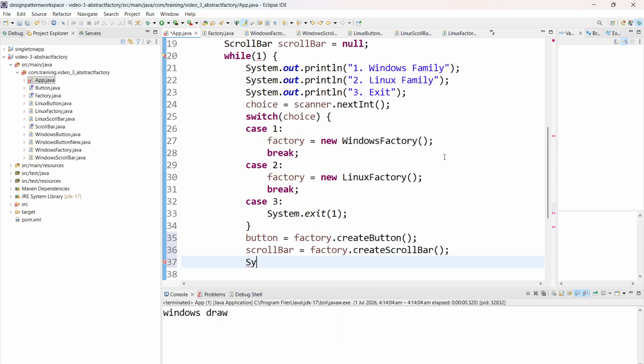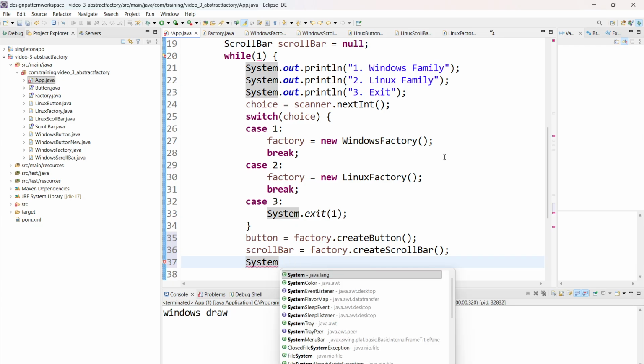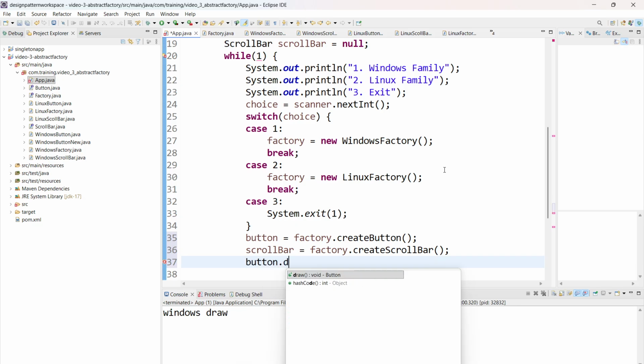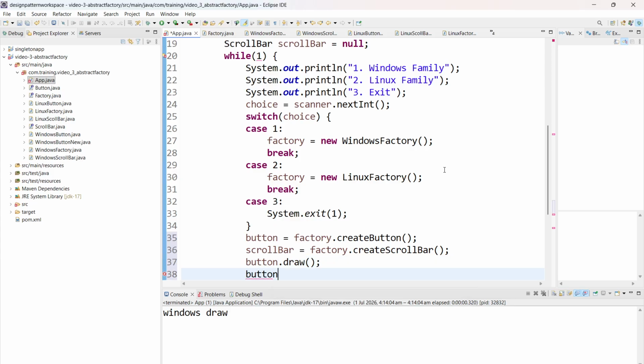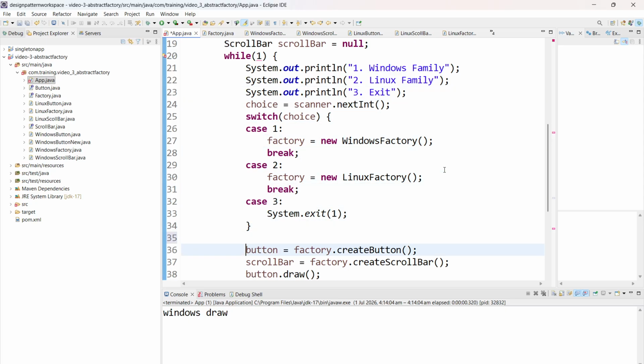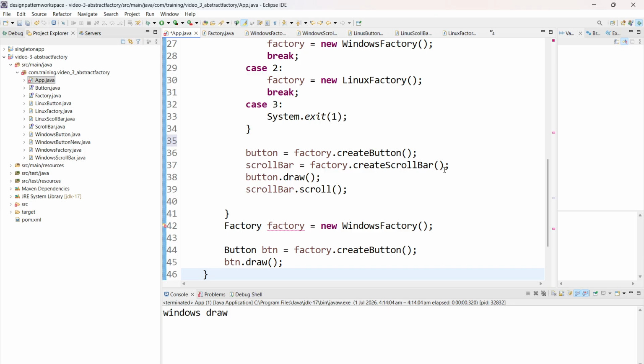Now when I say button dot draw or button dot scroll, sorry, and then I'll say scroll bar scroll. Now look at this beautiful piece of code. I really love inheritance, method overriding, polymorphism, dynamic binding, God knows what it is. Now at the time of compile time, right, at the time of compile time, correct,